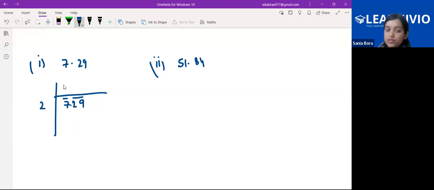Of course, 2 twos are 4. Yes, everybody, and I got 4. Then 4, 5, 6, 7. So 3, 2, 9. Okay, so here you will get 4. Now 4 should be multiplied by which number? So automatically